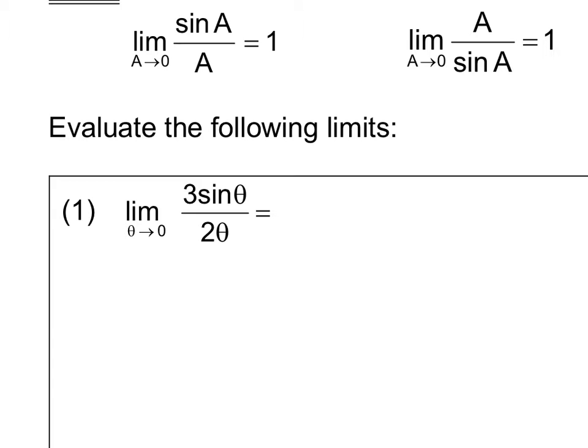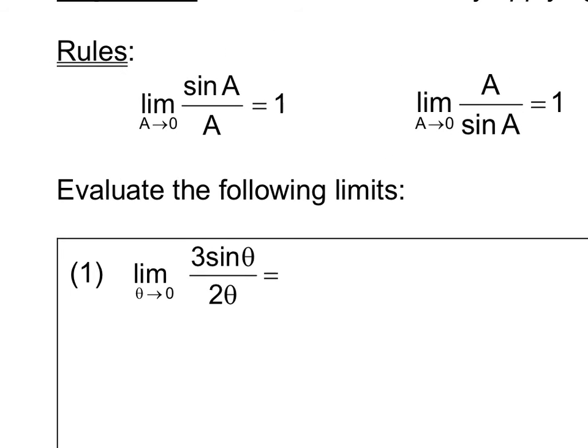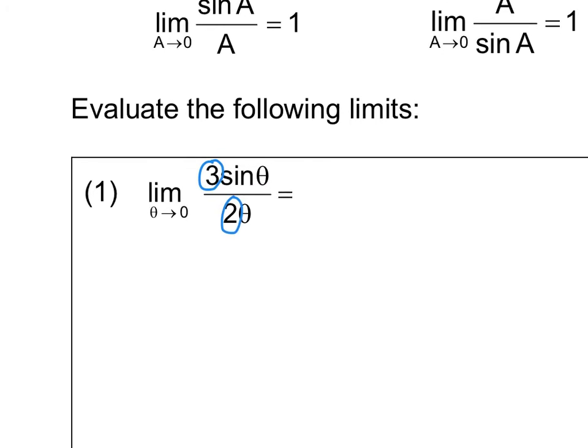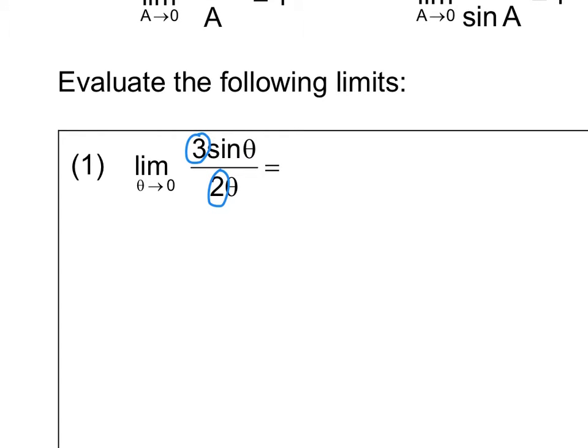So looking at number 1, it's not too different from that first rule listed above. We got some extra stuff there that we don't need. The 3 and the 2. One of the properties of limits tells us that if you have constants, they can be factored out of the limit. So I'm going to pull out